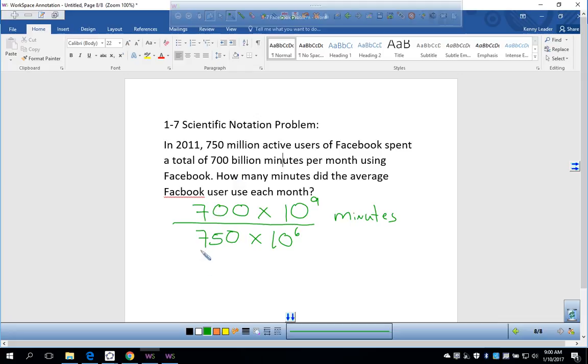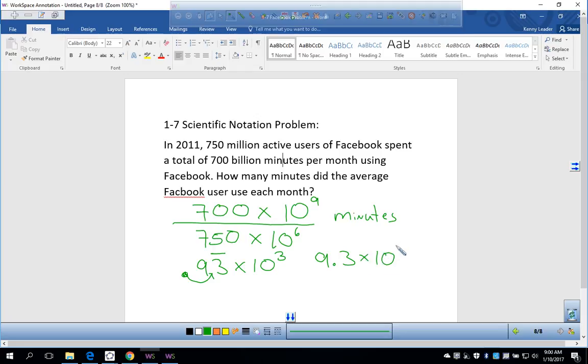Who can tell me what I get? Go ahead. Use your calculator. Sydney's doing it for you. 700 divided by 750. Point something. 93 bar, right? So 93 repeating times 10 to the what power? 10 to the 3rd, right? Is that correct? And then I'm going to move this decimal place this way. And since this number got bigger, right, this number needs to get smaller. 9.3 times 10 to the